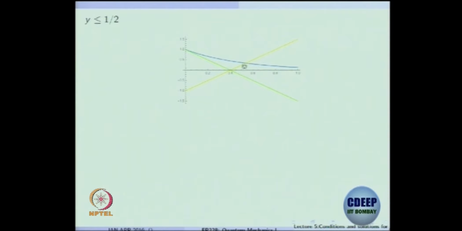e to the minus 2x. What about this orange color line? Odd solution or even solution? Even solution. It intersects at this point. Is this visible? So, there is a solution, but odd will start is the green line,